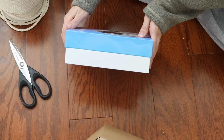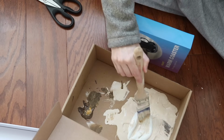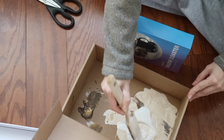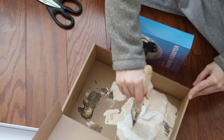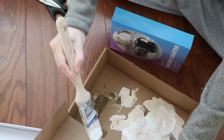So this has really been a nice gift, but I'm really excited about the box that it came in because I'm going to make a little memorabilia box. I would say you definitely want to use a box that has a bottom and a top versus something that flips open. So, I mean, use what you have, but I would say that this style of box is